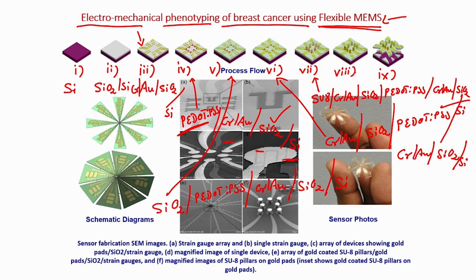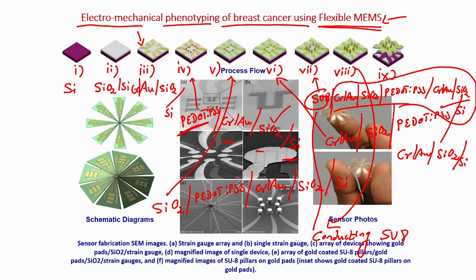Eighth step would be, we make this SU8 conducting. We make SU8 conducting, and then the entire process is there. So, SU8 on chrome gold on silicon dioxide on PEDOT:PSS on chrome gold on silicon dioxide on silicon, right. And the final, ninth step would be, you take out,